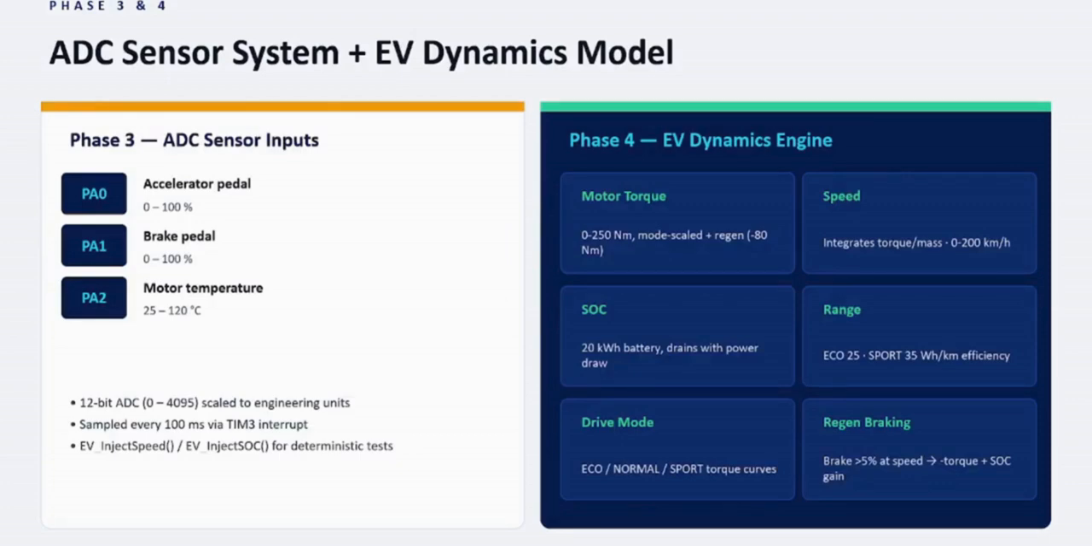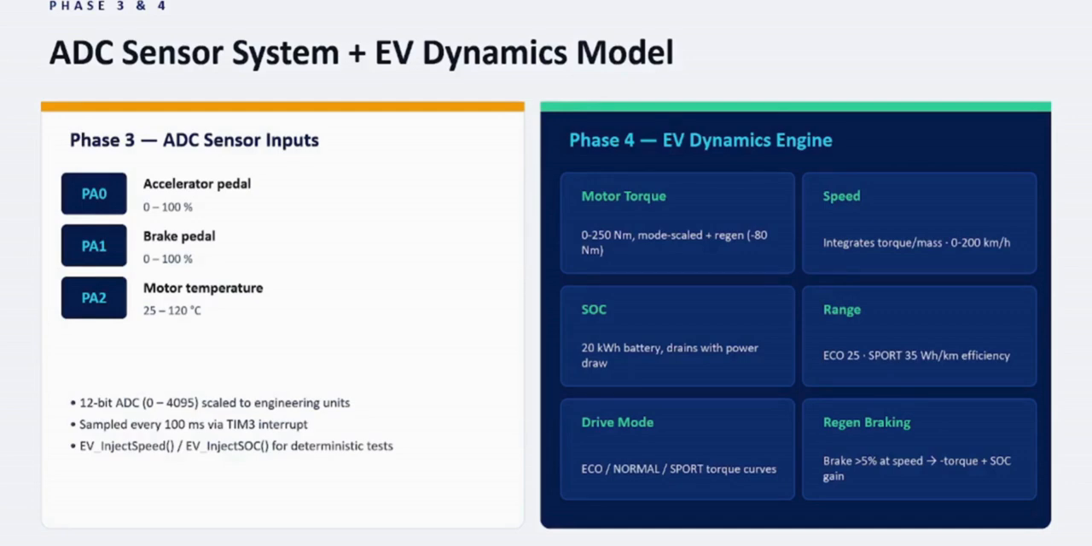Next thing, ADC sensor inputs and EV dynamic model. This slide explains how vehicle inputs are collected and how the EV model is calculated. The first part is the ADC sensor system. Three potentiometers simulate important vehicle inputs. The first potentiometer is connected to PA0, the second to PA1, and the third to PA2, and